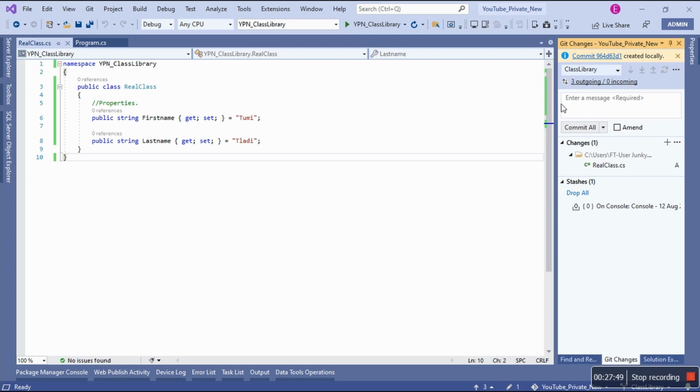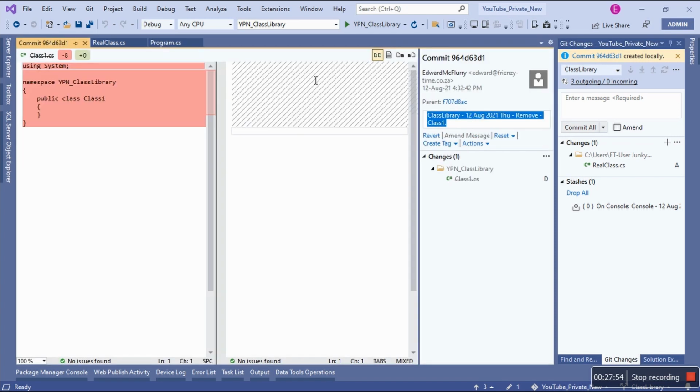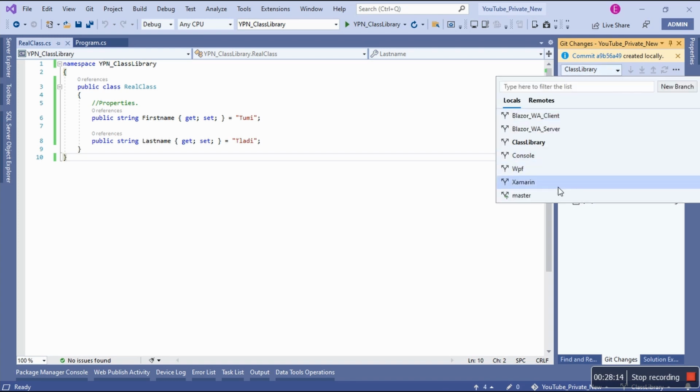This one is still here. We added a class called real class, and then I'm gonna commit all. So I made some changes now to class library, okay, and then now I'm gonna go back now to see